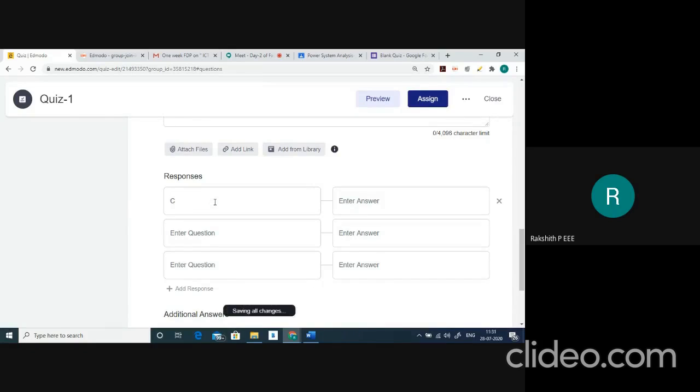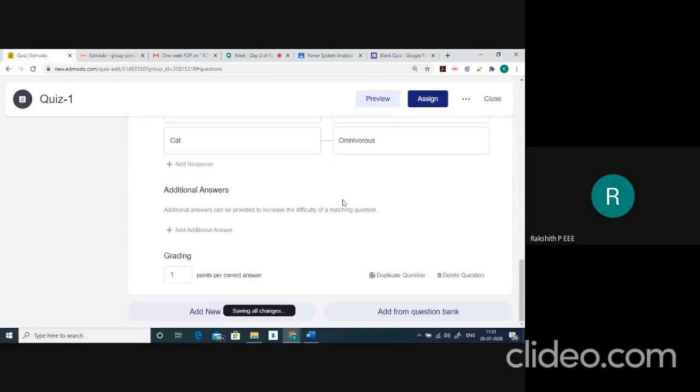Say for example, cow is herbivorous, and lion is carnivorous, and cat is omnivorous.